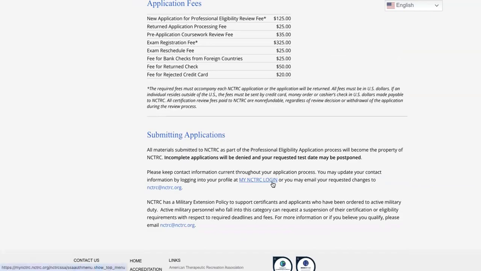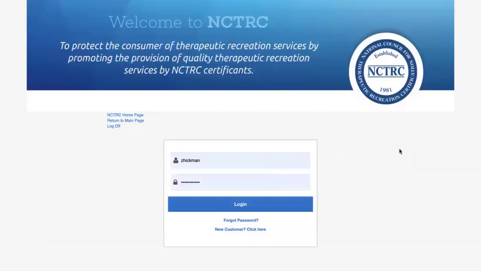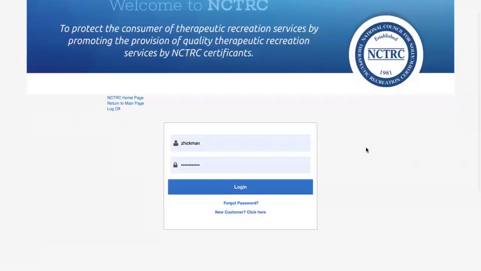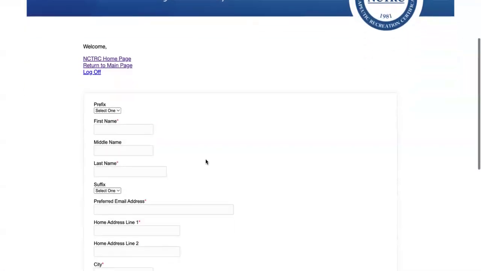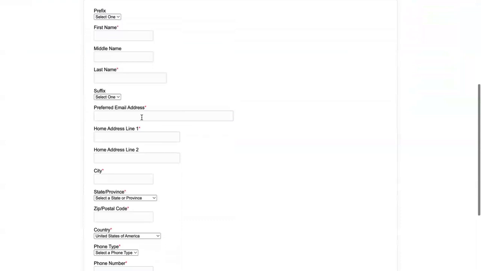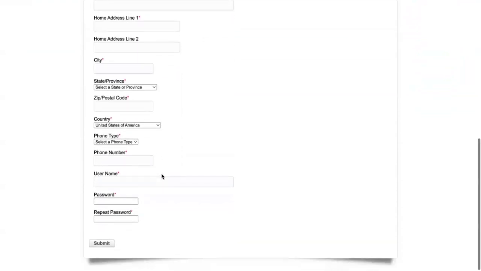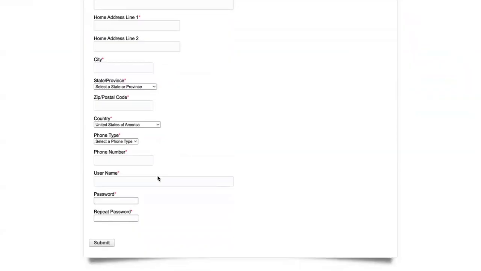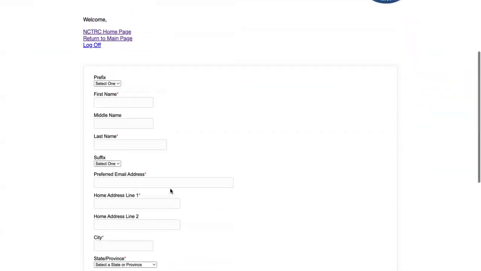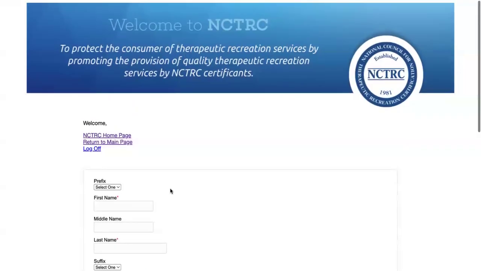So in order to start your application for professional eligibility, you will have to create a My NCTRC login. So here mine is already auto-populated, but you will create your login, new customer, click here, your first name, last name, your email address, home address, the city, zip code, and the username and password you want. So from here,